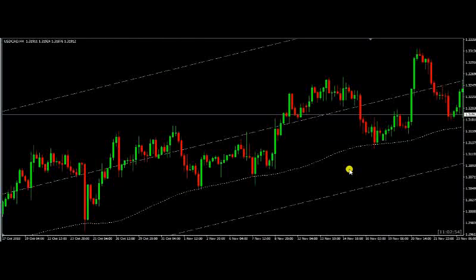I hope that this helps you in some sort of way, and that you can actually start making money with your trades using the median line today. So all